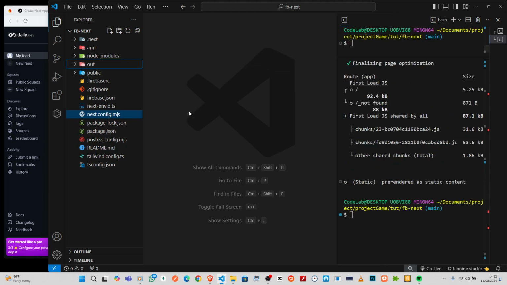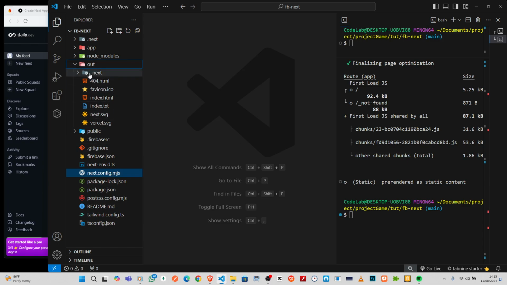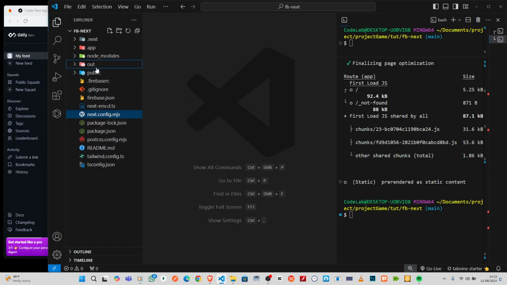So it has created those. If I open here now, you will see a lot of content. These are the contents. Now here is where Firebase will read from. So now I'll come to the last, which is Firebase